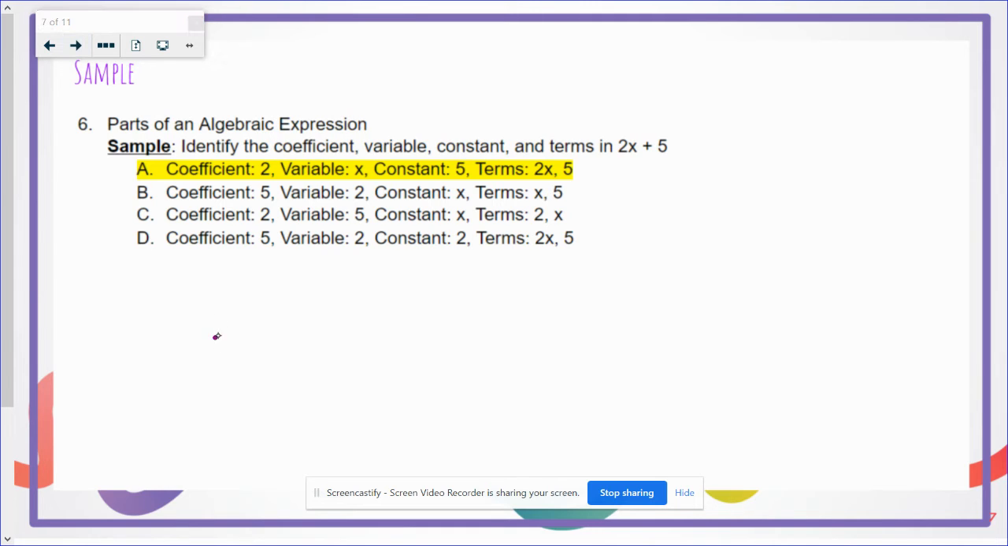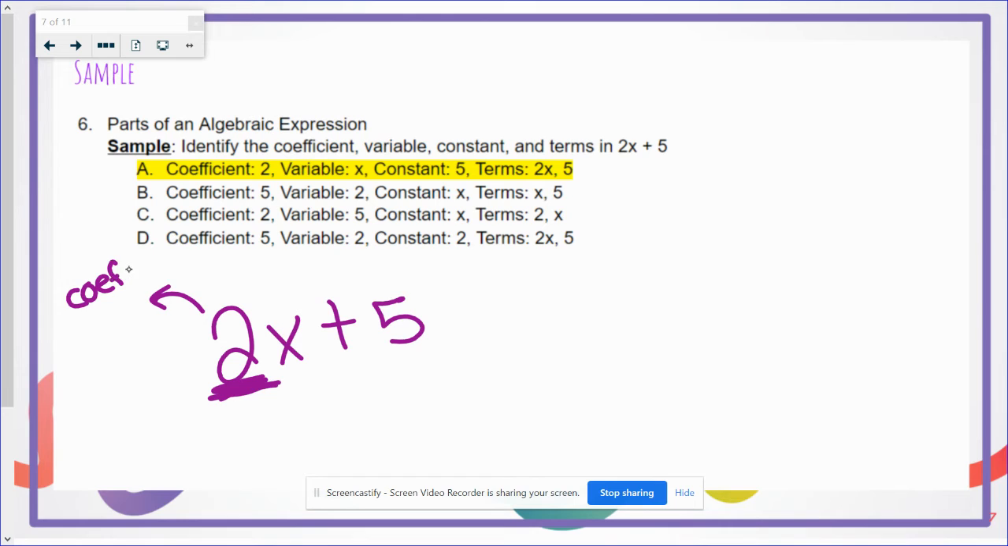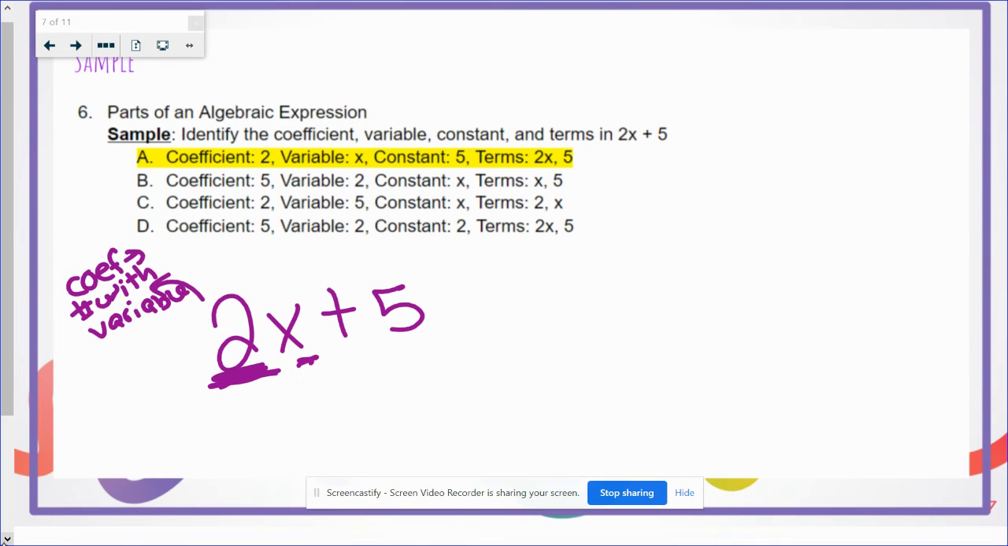All right, let's look at coefficients, variables, constants, and terms. So it's asking us to identify each of those things in this expression. As it says here, the answer is already highlighted, but let's talk about why that's the answer. A coefficient is the number that goes with the variable, which in this case is 2. The x would be our variable because it is the unknown,